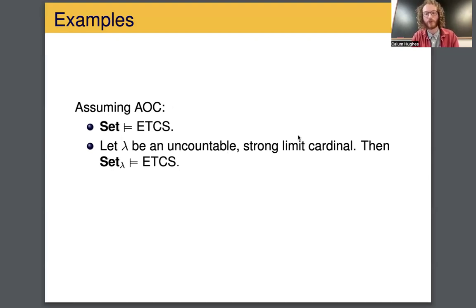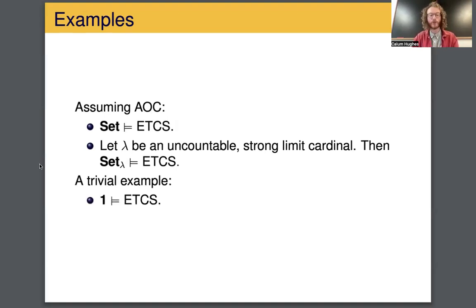So strong limit cardinals are things such that you can take the power set of something infinitely many times, iterate this infinitely many times, or as many times as you like, and it would still be less than lambda. And this corresponds to taking the exponential of 2 to the power of something and then 2 to the power of that. And we want this still to be within our set. Okay, so these are two interesting examples of the elementary theory of the category of sets.